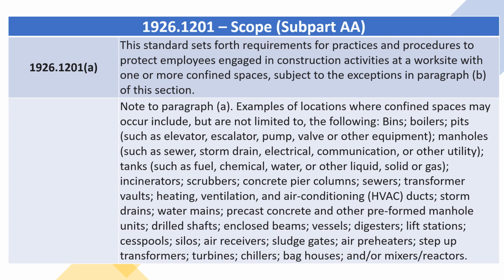1926.1201(a). This standard sets forth requirements for practices and procedures to protect employees engaged in construction activities at a worksite with one or more confined spaces, subject to the exceptions in paragraph (b) of this section. Note to paragraph (a). Examples of locations where confined spaces may occur include, but are not limited to, the following: